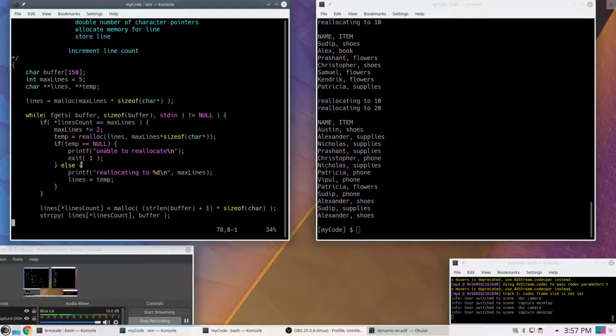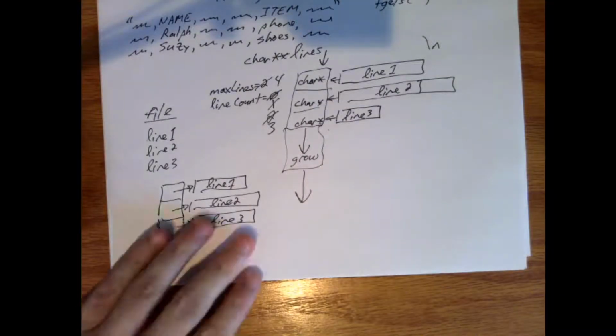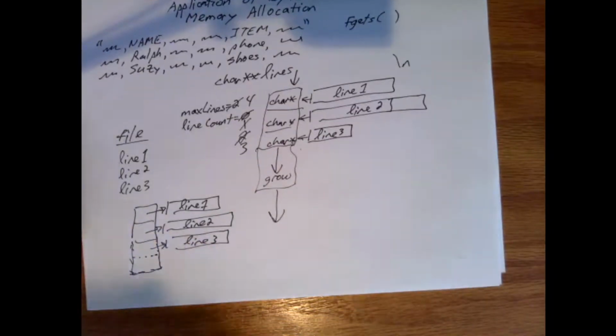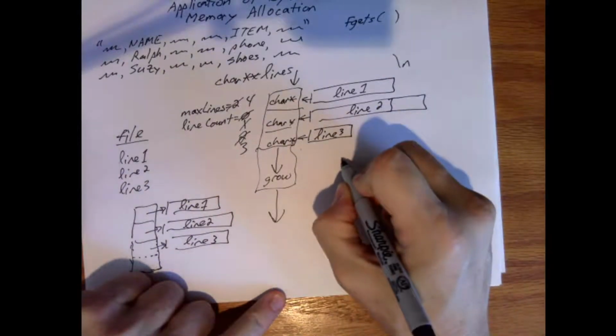Otherwise, if it returns null, I'm going to say there's a problem and exit. Otherwise, I'm going to print my reallocation message and move on. And then, since I called this temp, I'm going to reassign temp to lines. One of the things you have to be careful of here, it's not a problem in this program, but if I was trying to return the lines pointer as a pointer itself back to the calling location, I have to be careful because when we use realloc